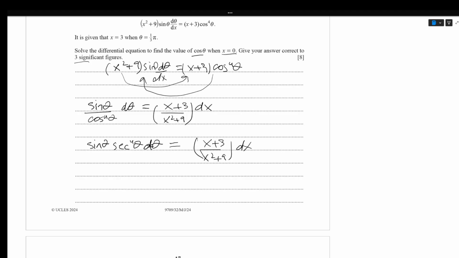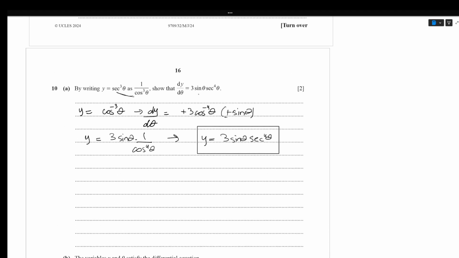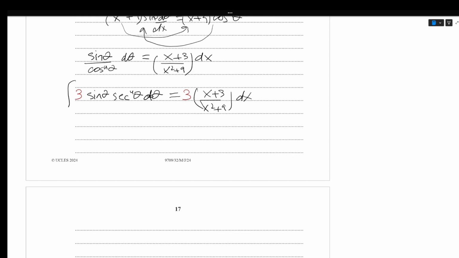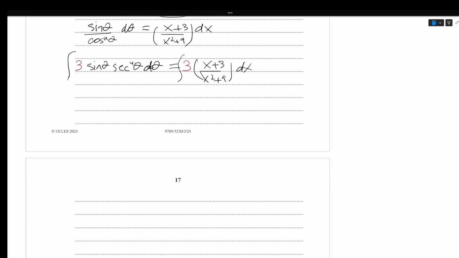अब अगर मैं दोनों साइड्स को 3 से मल्टीप्लाई कराता हूँ, 3 यहाँ पे और 3 यहाँ पे, so you see कि यह the same thing है जो मैंने यहाँ पे शो की थी, sec cube theta. We just have to integrate both sides, और लिमिट्स नहीं है तो इंटीग्रेशन का कांस्टेंट आना ज़रूरी है. This is simply sec cube theta, और इंटीग्रेशन का कांस्टेंट आप एक जगह लगा दो, फर्क नहीं पड़ता. और अब बस हमें ये वाला इंटीग्रल लेना है, which is simply 3x over x square plus 9